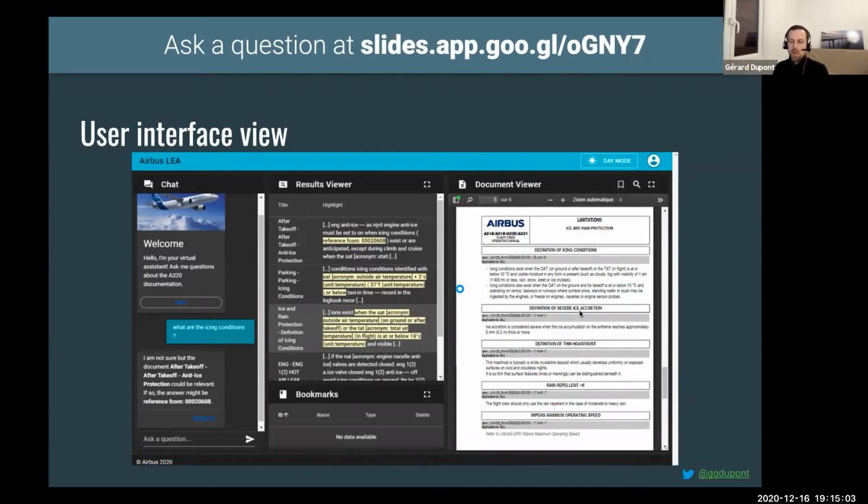As I said, these are actually PDF versions of the documentation. But it was very important to have almost half of the user interface coming back to the actual documentation, which is the official certified reference. So even if the chatbot can provide some answer, the pilot is responsible to double check in the reference documentation that is certified for this aircraft. So in that situation, we don't yet have to certify the answer provided by the chatbot because you still have access to the core documentation, and the pilot is still responsible as he was before when he was just using the documentation by himself.